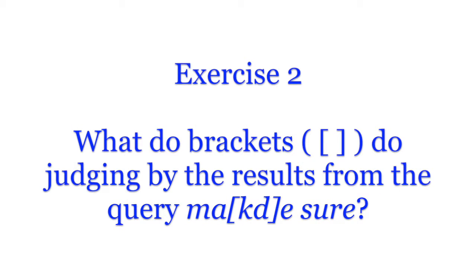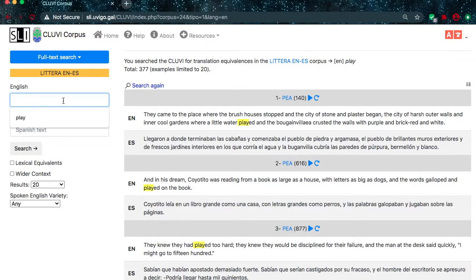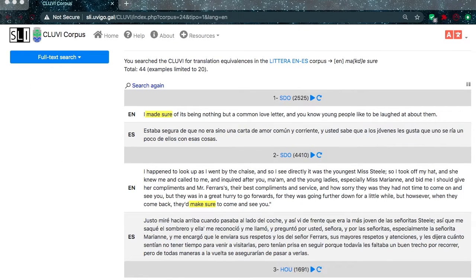Exercise 2. In this case, brackets return all instances of make sure and made sure.